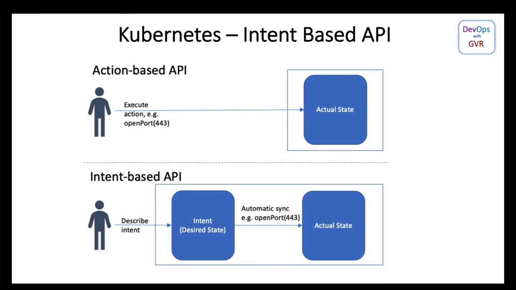But what happens internally, you don't know. The entire thing is taken care of by the Kubernetes engine. It will make a secure call on 443, authentication, authorization, everything is taken care of internally, and finally it will create it and give you the ready-made result. That's what an intent based API is. It's not action based. Just keep that in mind before getting into the admission controller.